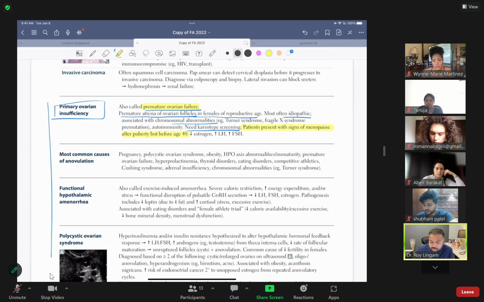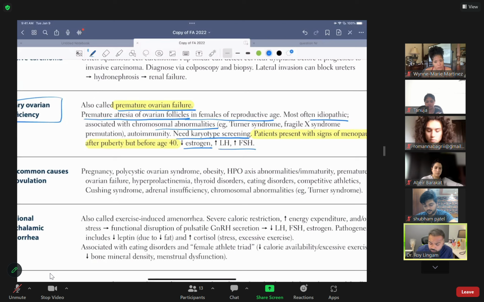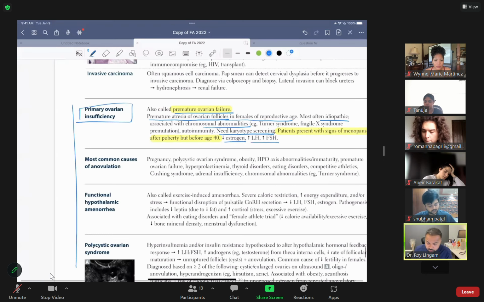So the best thing I tell the students, if you are reading a question and that question sounds like menopause, but the person is young, then you go for premature ovarian failure. Okay, keep it simple like that. Now, when the ovary fails, no estrogen. When there is no estrogen, there's negative feedback that increases LH and FSH. Are we clear, folks? So that's premature ovarian failure.